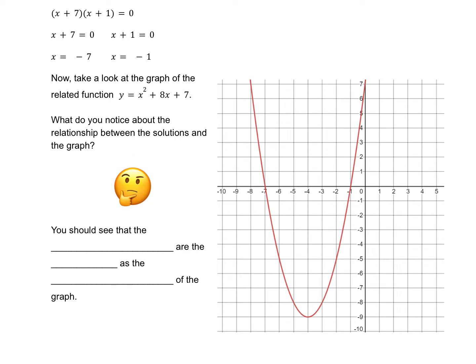Now, thinking about our two solutions from factoring and the graph, what do you notice about the relationship between the solutions and the graph? Do you see -7 and -1 anywhere on the graph? I'll give you a minute to look. So what you should see is that the solutions, -7 and -1,